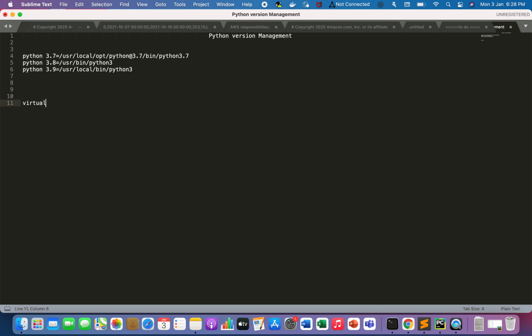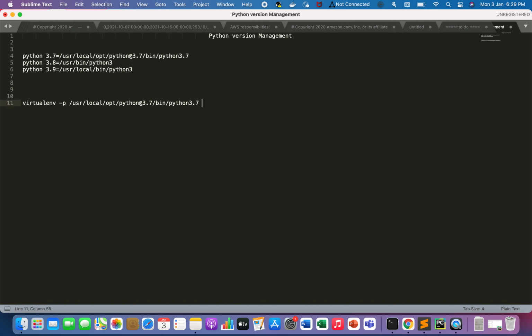So for that, I need to write this command. Firstly, you should have virtualenv installed as a library in your system, be it Unix or Mac OS. I am using Mac OS, so I need the virtualenv library already installed. I will type the virtualenv command, and after that I will type -p, which is the Python path of the Python that I need to be reflected in my system. I will be using this 3.7 path, and I will paste it here.